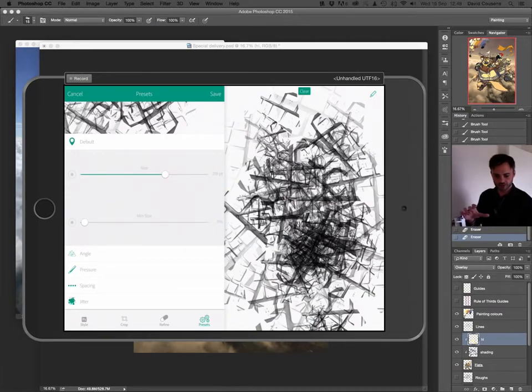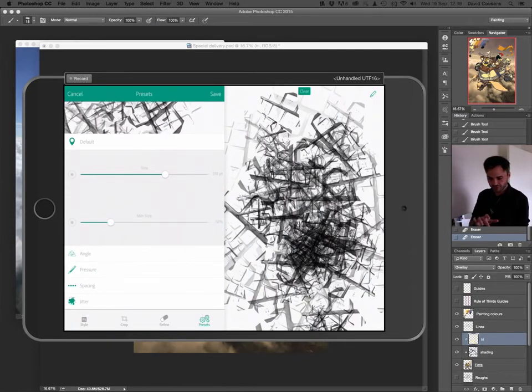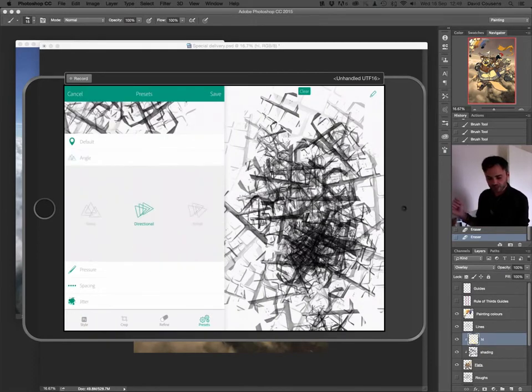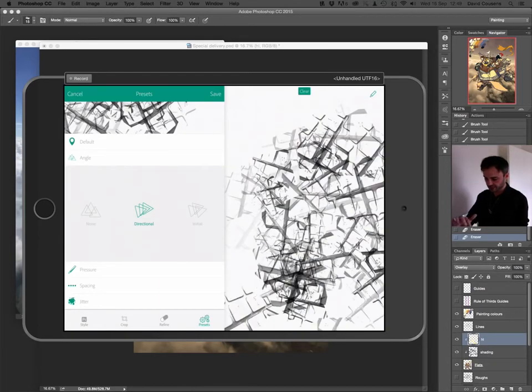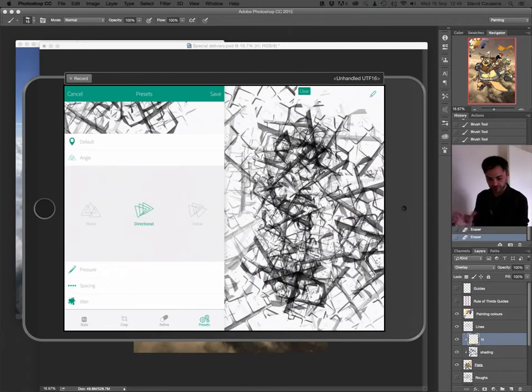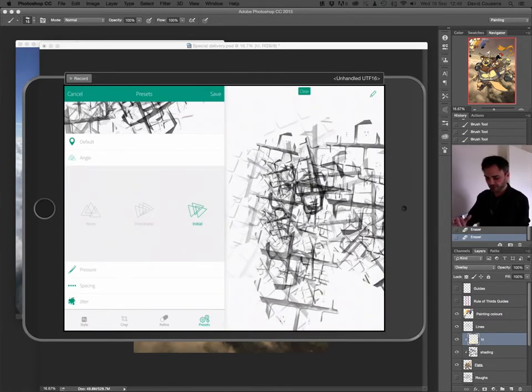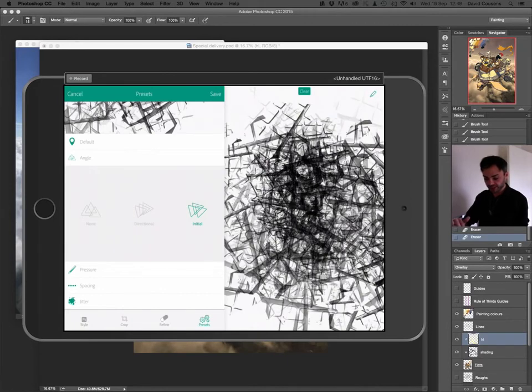Let's say, size. You can change the minimum size of how things go, which obviously affects how the brush looks a bit. Take that back. Angle, you can have it so it's got none, so it will just come up flat. So if I clear like that, it just stamps. Directional, which if I clear again, will change the direction of the stamp, much like you'd expect with the way that I'm moving. And initial, which will make everything, no matter where I move the stylus or your finger, it will always